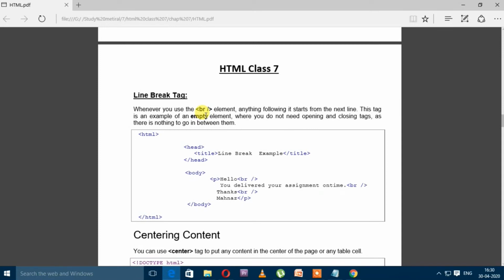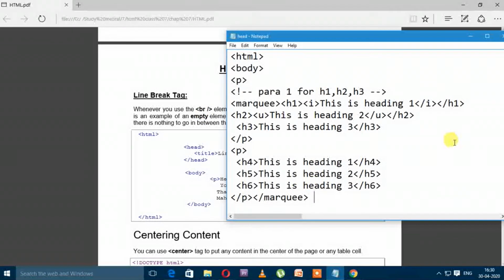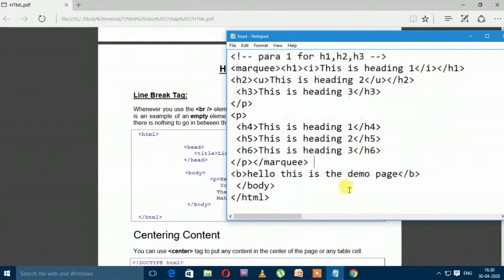So whatever text we want to move in the new line, suppose I am writing here, this is the first web page of class 7 with HTML. As I written this,